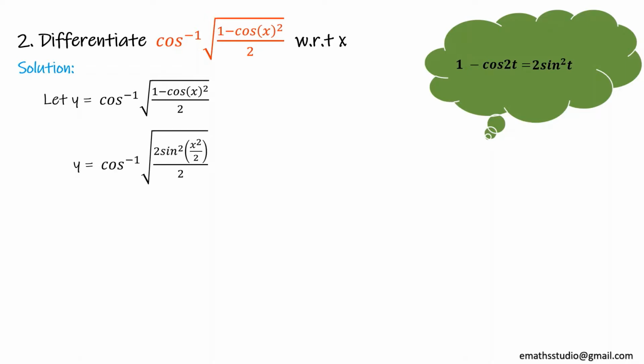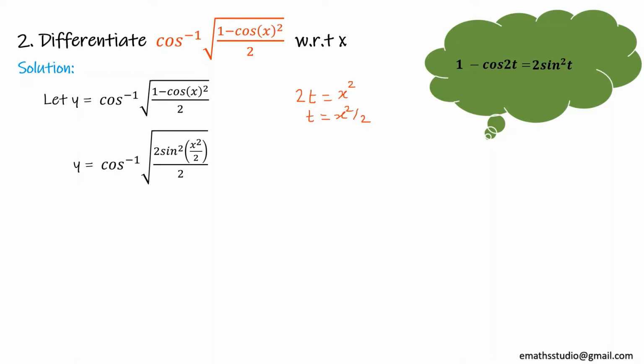Now, according to that, I can write this as cos inverse of 1 minus cos of x square can be written as 2 sin square x square by 2. So somebody may bother, what happens to this x square? See, it was 2t here and 2t becomes t. That means the angle becomes half. Now here if you compare, you can write 2t is x square and then t becomes x square by 2. I hope you understand this.